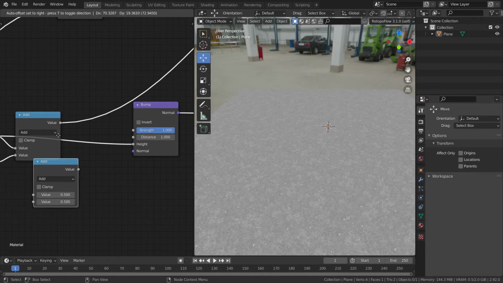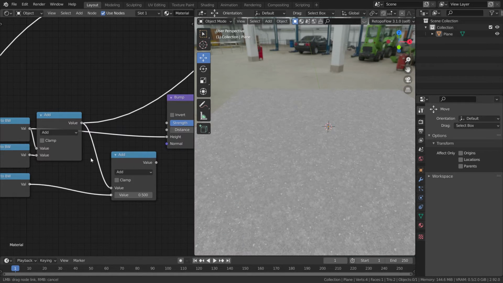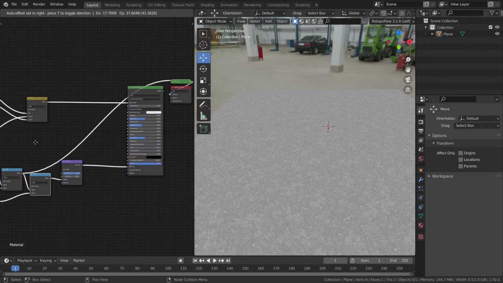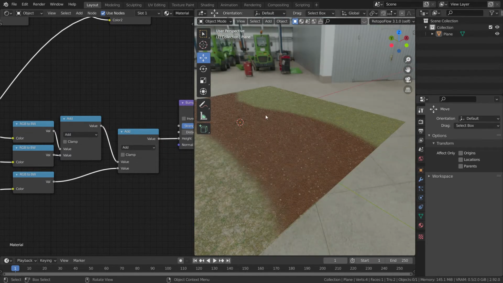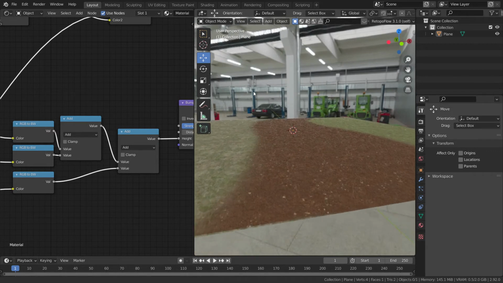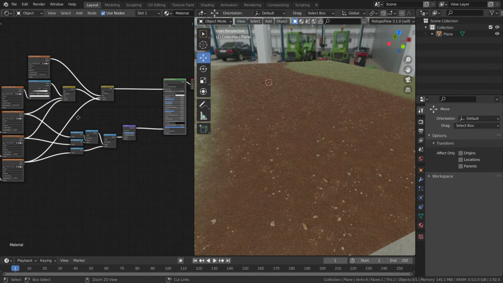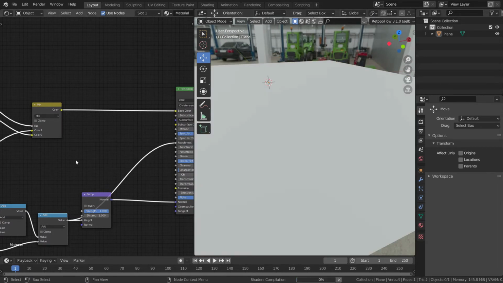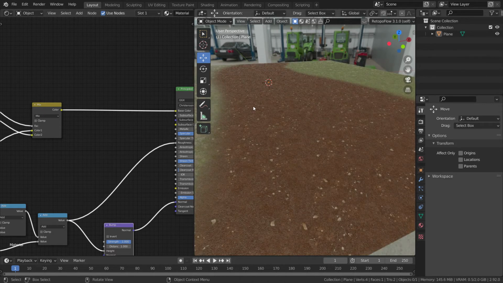Now you can just plug this value over here and take the third value and add them together. Now the two values mixed together, plug that into our height node, and let's watch it via our BSDF. Okay, so it's taking a little bit of time, but it is there. So now you got some bump and roughness. You can also plug the same value into the roughness socket as well, and then you can play with that roughness value using some color ramp. It will take some time. Okay, so here it is now.